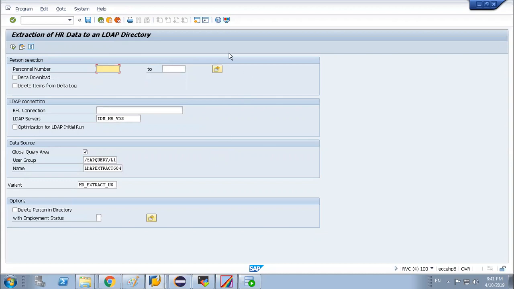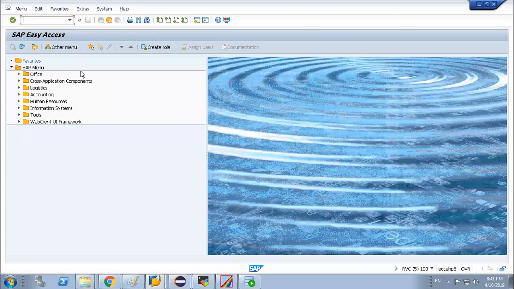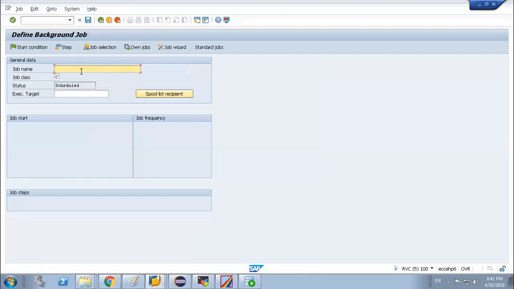No. So what we can do is create a job. Let me check by default whether any IDM job is present or not. No IDM job is present.